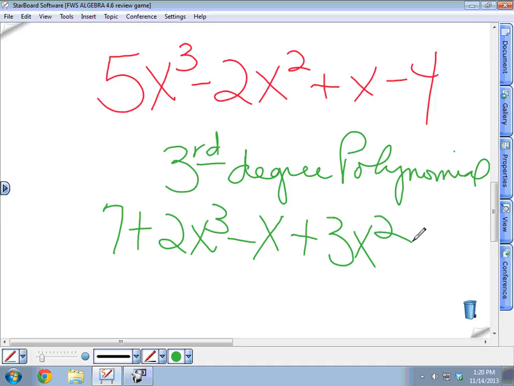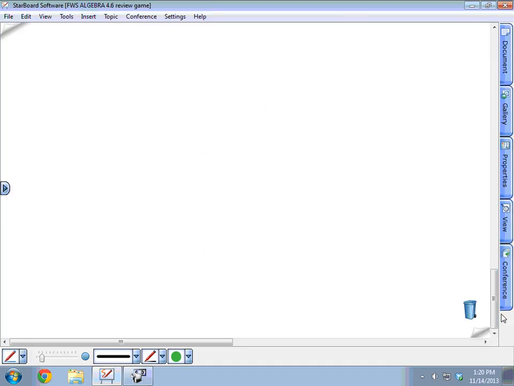All right, so let's go on to these worksheets, and let's see where we can go. We'll start with you, Austin Farrell. Number 1, it says simply arrange the terms in order of decreasing degree of x, then write the degree of the polynomial. So number 1. Negative 5x cubed plus 5x squared